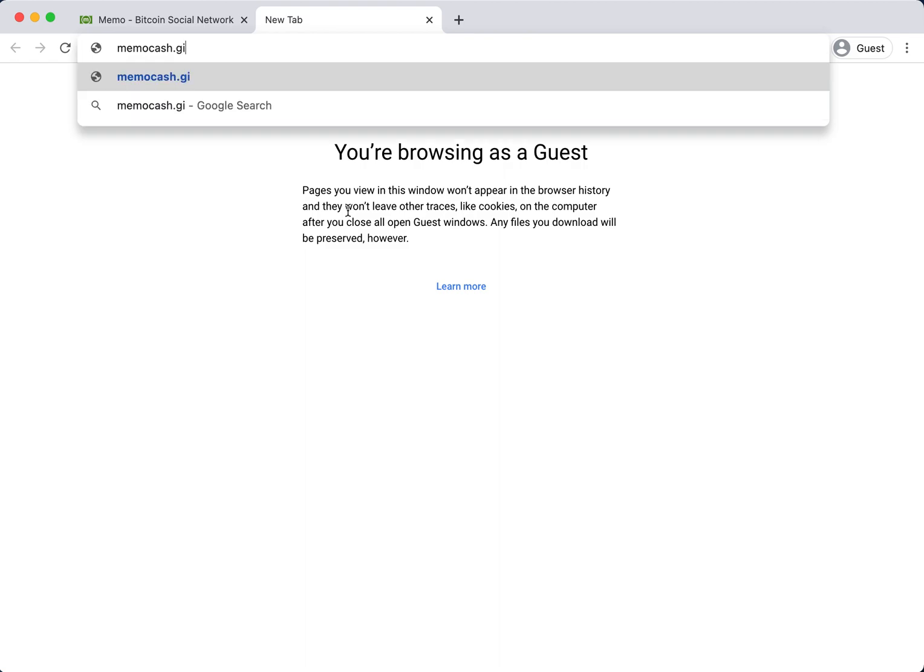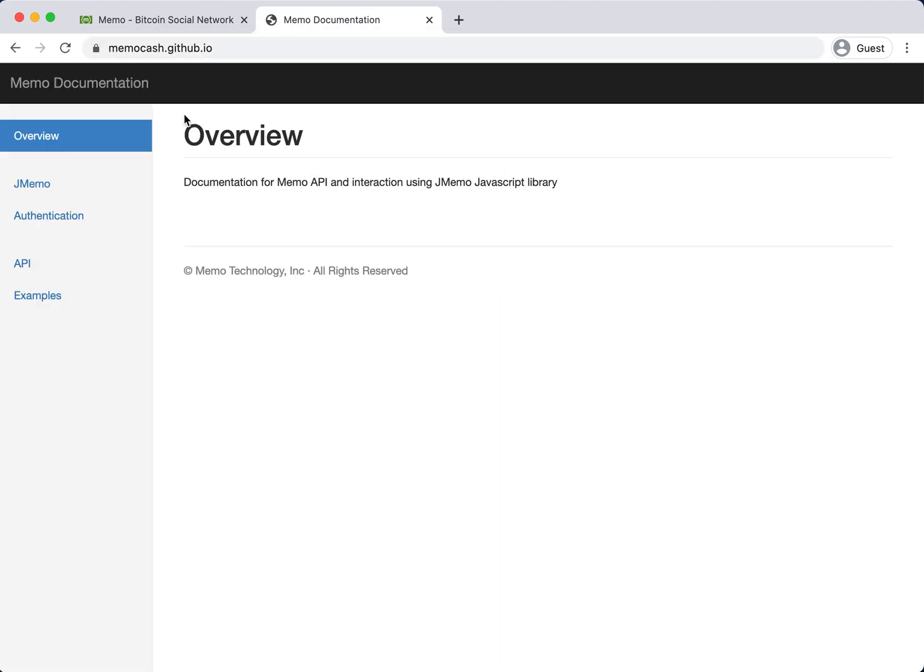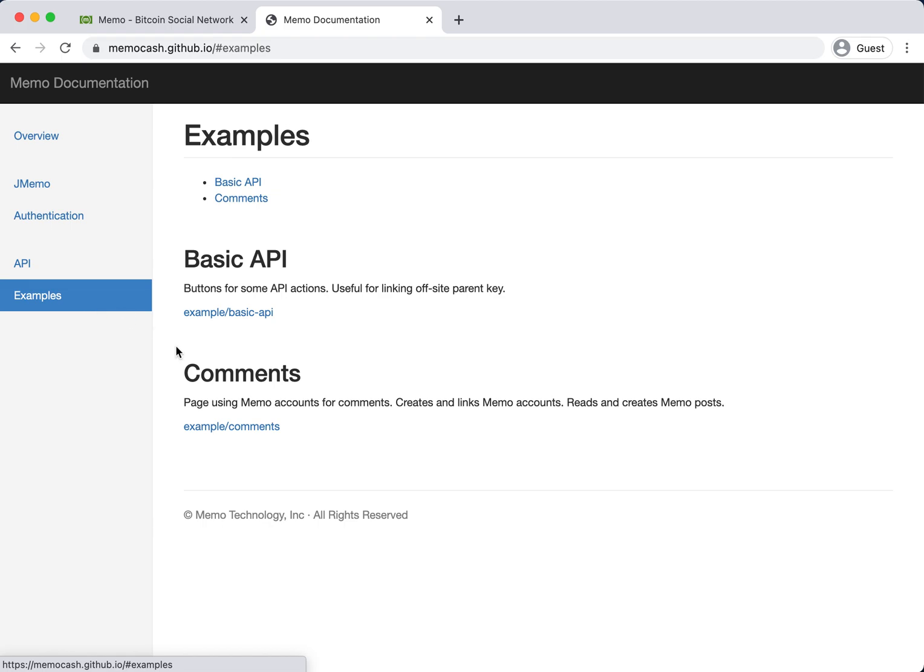Now, if we go to memocache.github.io, this is the new documentation for a number of updates that have come out. Today I'm specifically going to talk about the comments example. So if you click examples on the left and then go to comments and click example comments,